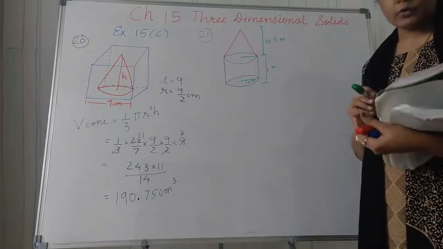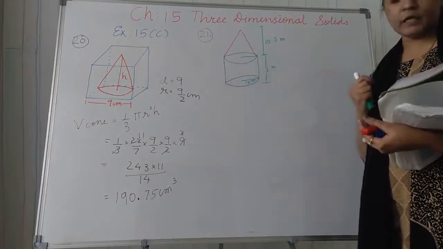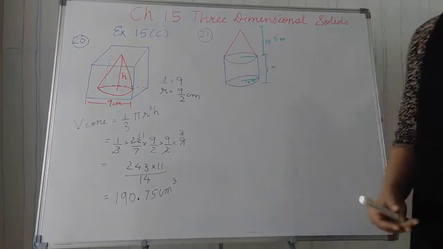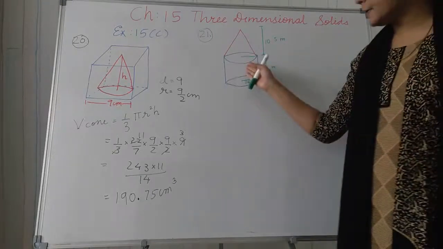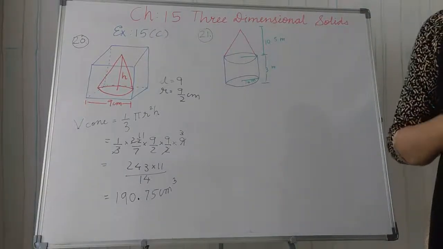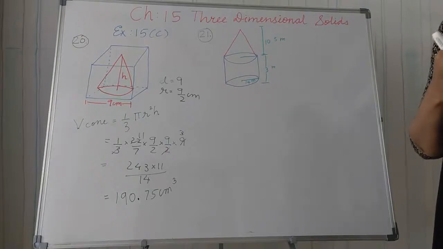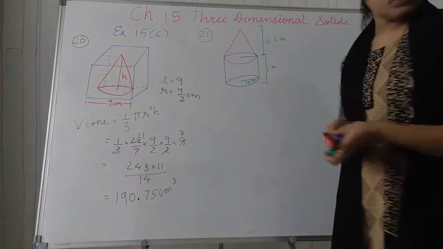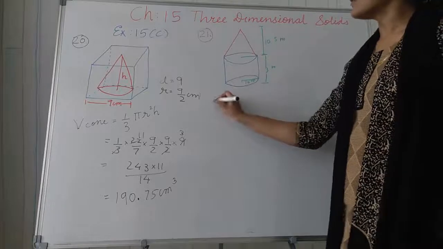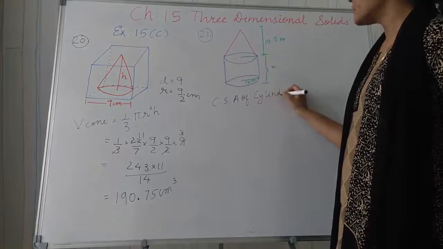So here we want to paint the inner side of this tent. What we want to find out, we have to decide first. We have to find the curved surface area of the cylinder plus the cone. After finding that area, we find our cost of painting it. It is given 2 rupees per square meter. So let us start the solution here. First of all I find the curved surface area of the cylinder. Cylinder is 2 pi RH.